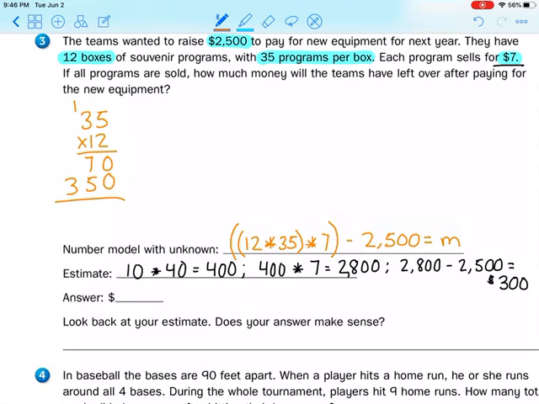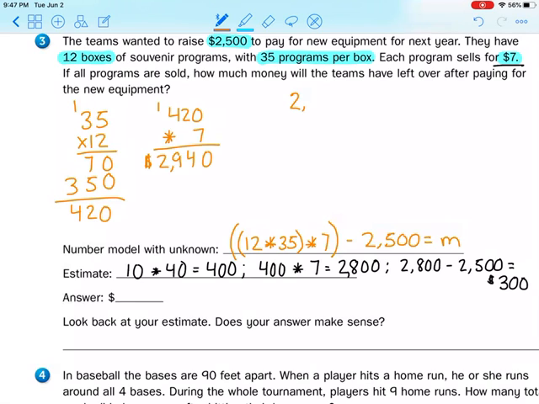So you would get 70 plus 350, which is 420. So there's 420 programs. You would take that 420 programs and multiply by 7, because you're selling each of them for $7. So 7 times 0 is 0. 7 times 2 is 14. 7 times 4 is 28, plus 1 is 29. So if you sold all the programs, you would make, that's a dollar sign, you would make